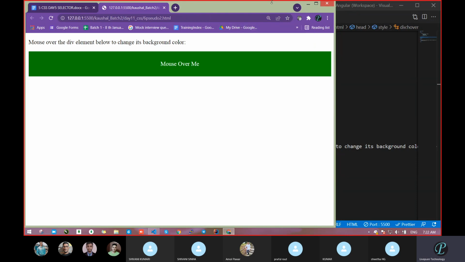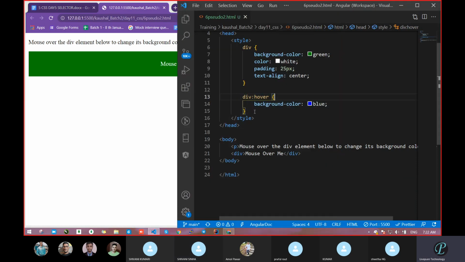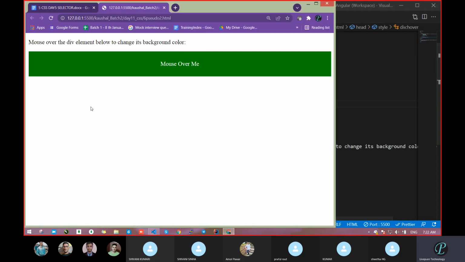So see what it will do. Actually, according to this second line, when we pass over, means the mouse on that particular section, the color becomes blue. So let's see, it becomes blue. So this is the activity due to the over class.